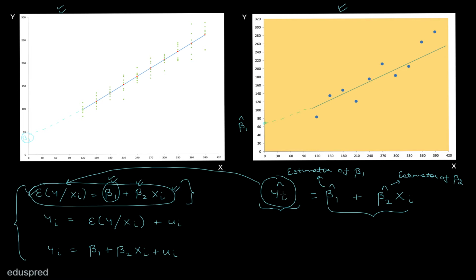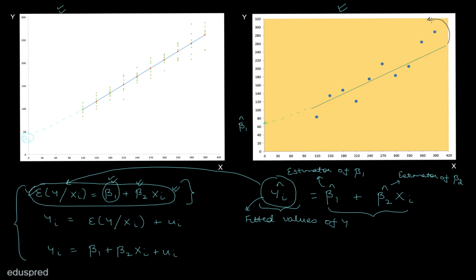And we do have a formal name for y hat. Actually, this y hat is called fitted values of y. Now see, after the introduction of fitted values of y, you have two types of values of y. One type is actual values of y and the other type is fitted values of y. So let me show you how to differentiate between these two types of y and how we can see this graphically.